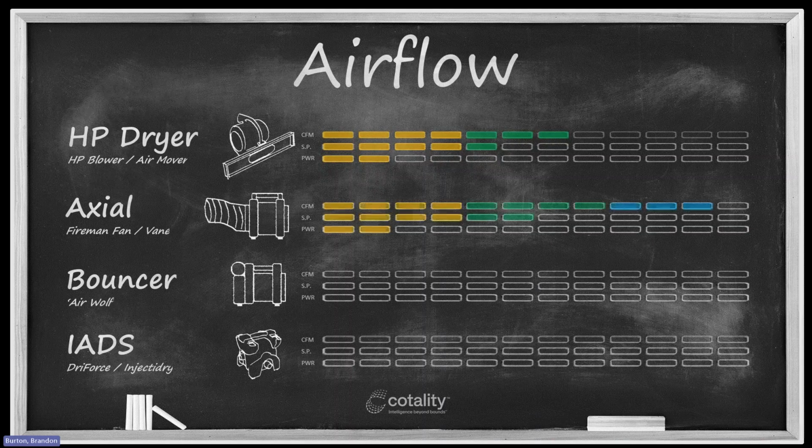Let's move down to the second one. The second one is the true vane axial, the fireman's fan. What's really interesting about the fireman's fan is that the fireman's fan is, first of all, outstanding for airflow. That's what it's designed for, right? You're going to look at 3,000 plus cubic feet per minute, typically coming off of these free air. They're also going to have a really good amount of static pressure, 3.5, 4 inches of static in some cases,